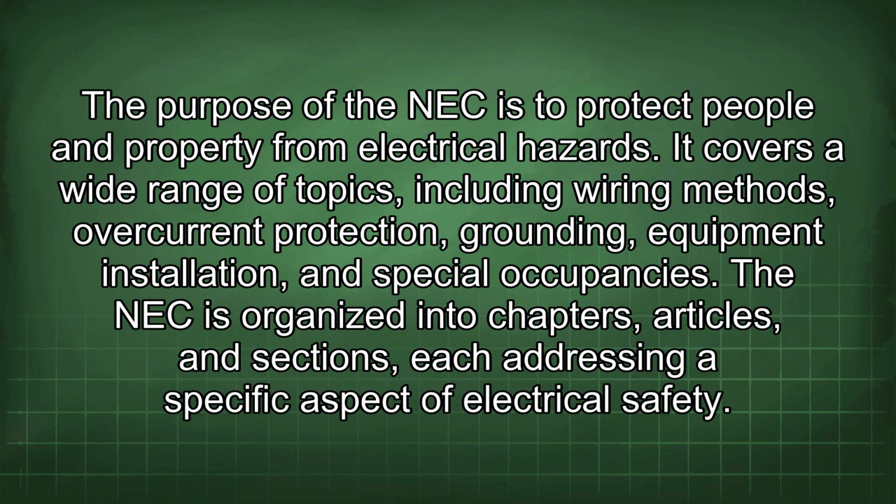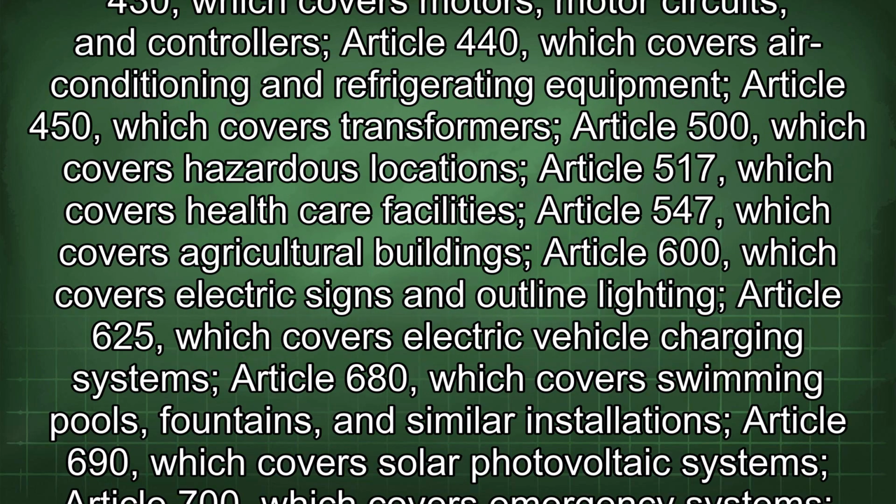The purpose of the NEC is to protect people and property from electrical hazards. It covers a wide range of topics, including wiring methods, overcurrent protection, grounding, equipment installation, and special occupancies. The NEC is organized into chapters, articles, and sections, each addressing a specific aspect of electrical safety. Some key articles in the NEC include Article 90, which covers the purpose and scope of the code, Article 100,